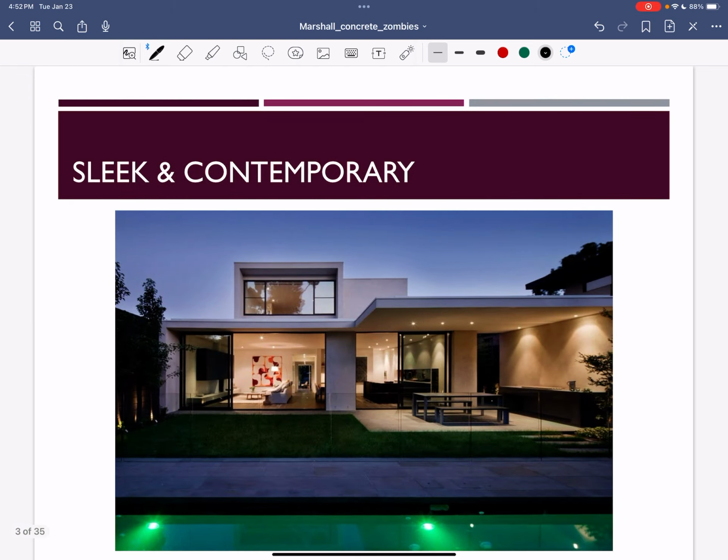All right. It's sleek, contemporary. You might think of the old concrete that doesn't look so sleek or contemporary, but this is definitely something we're seeing more and more of, in combination with a lot of daylighting through cool windows like this particular house. One of the things about concrete is that it's really good for holding heat or cooling.